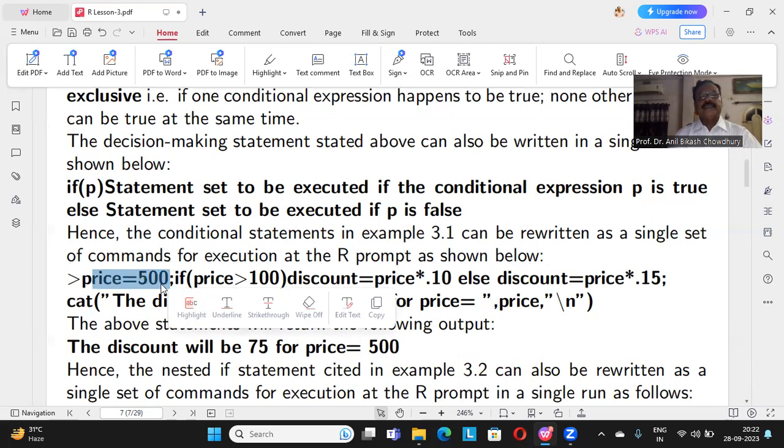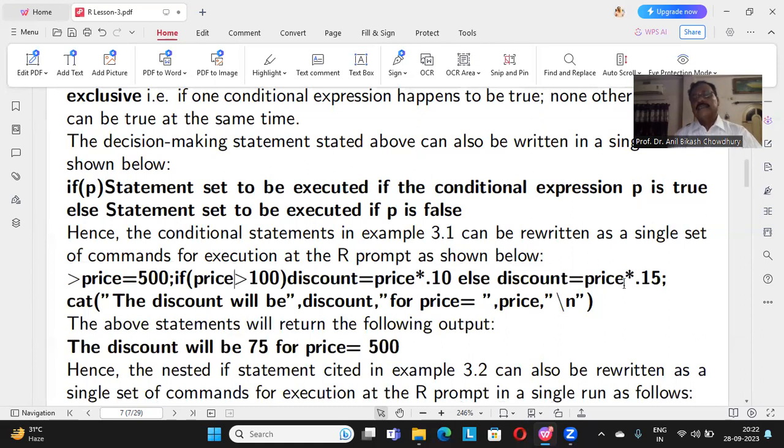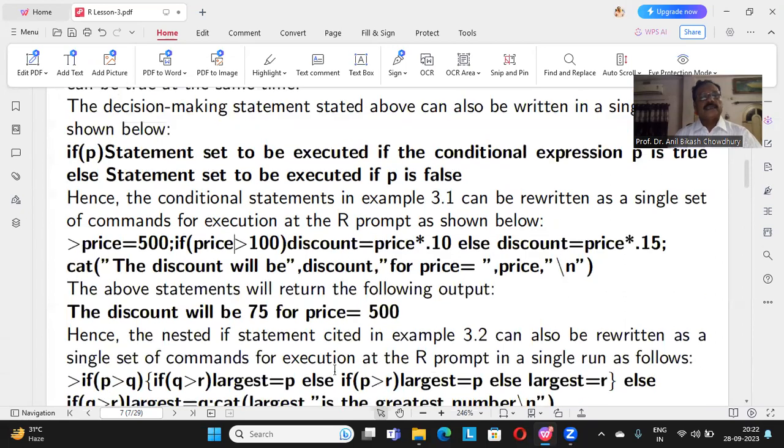Price equals 500. If price greater than 100, discount equals price into 0.10, else discount equals price into 0.15 and semicolon. And we write the discount, and we will get the result. Let us check the execution of this statement